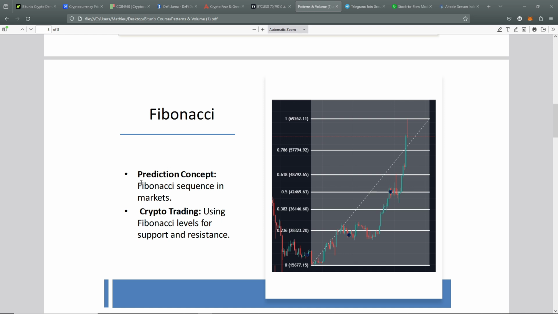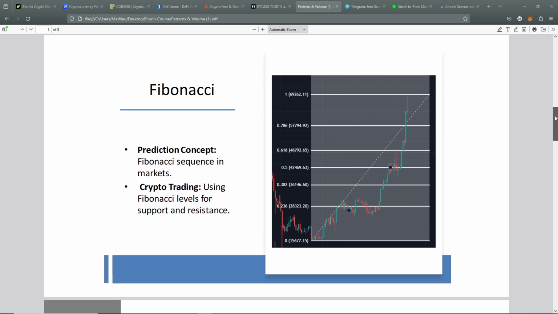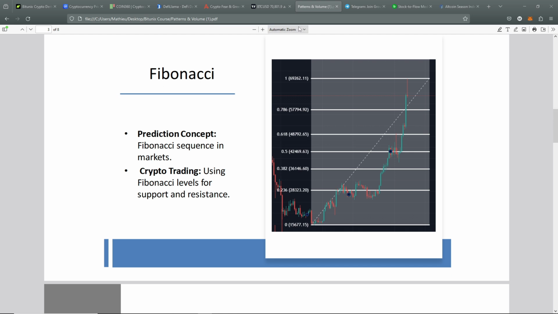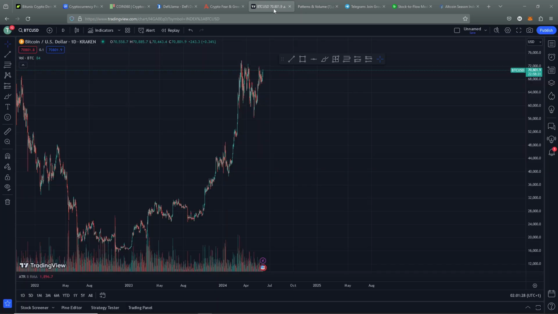The idea is that the Fibonacci sequence repeats itself in the market and allows us to predict things like pullbacks or breakouts or retracement levels. In crypto trading, we can use the Fibonacci levels specifically to spot likely support and resistance or to confirm these support and resistance levels. So before I get to my next slide, let me just quickly show you how to